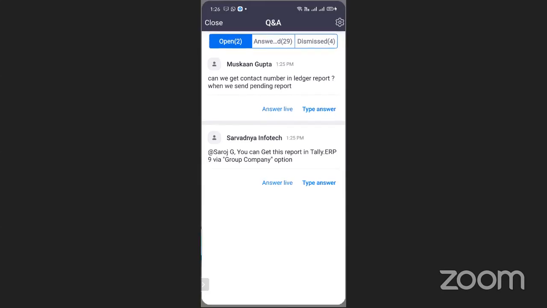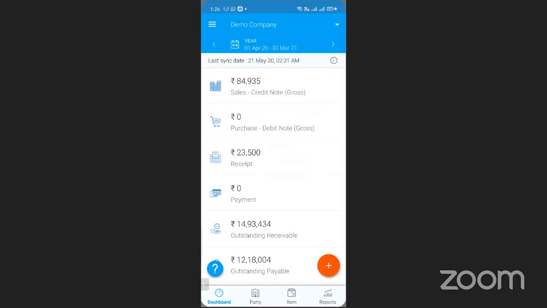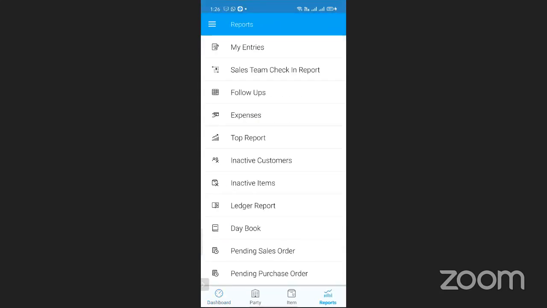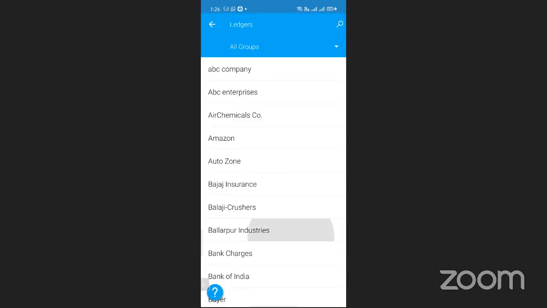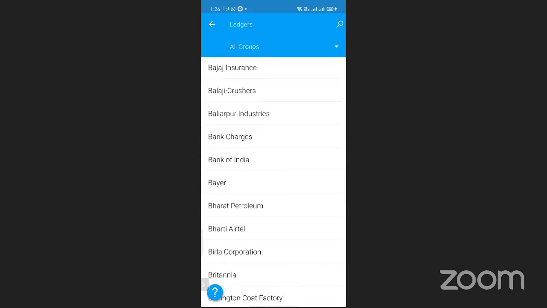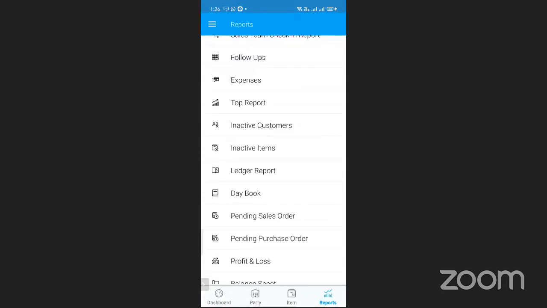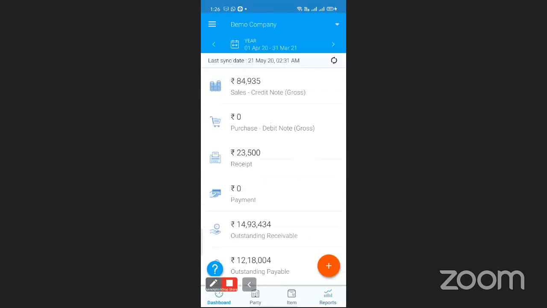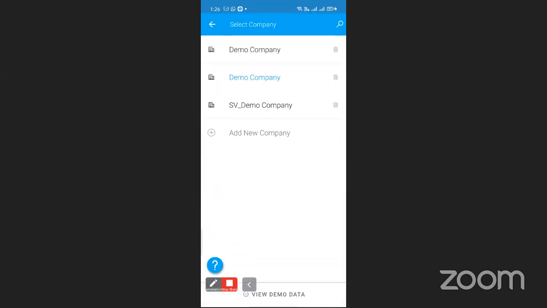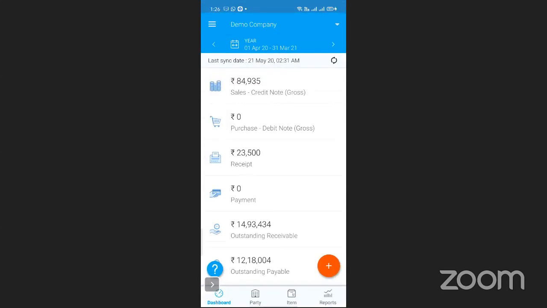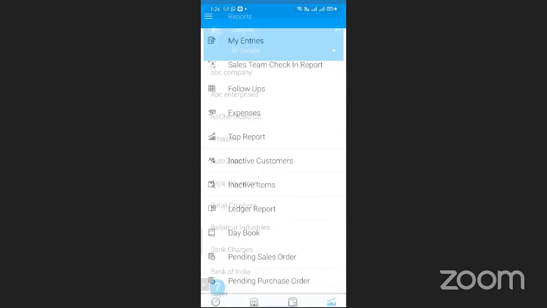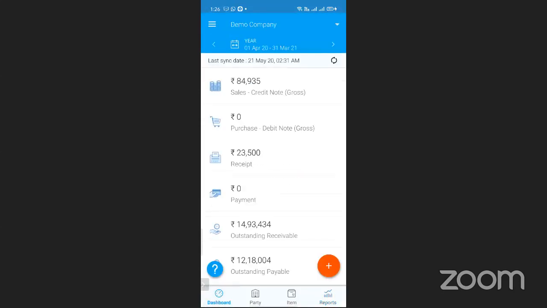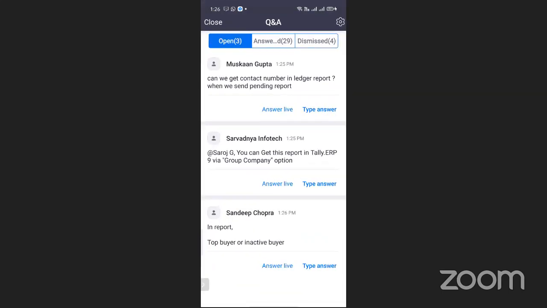That ledger report option, I'll show you where it is exactly. You have to select an individual company. For an example, you have selected Reliance company. In Reliance company, you can check data over here. Then you have to select another company, and you can go again in the report, then ledger report, and you can see that ledger again. But you cannot see all companies' ledger together because we don't have that option as of now.